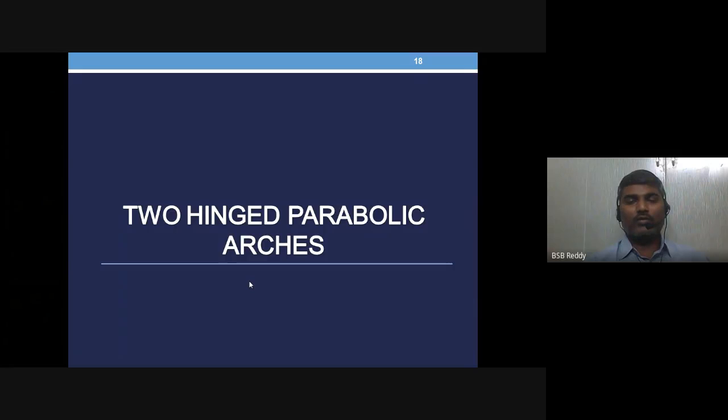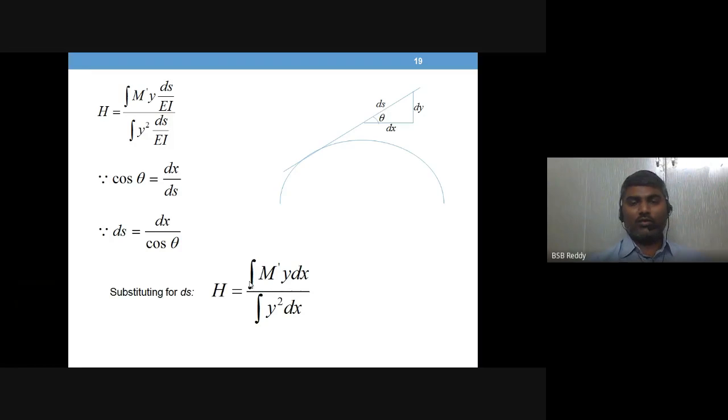We are solving for two hinged arches, among the topics in Unit 1 of SA2. Till the last session, we have solved for two hinged arches with circular geometry, and in this session, we will take up parabolic arches of two hinged in nature. Okay, so what will be the modification or change in the formula that we have derived for the horizontal thrust,